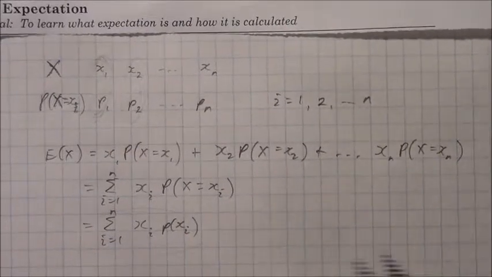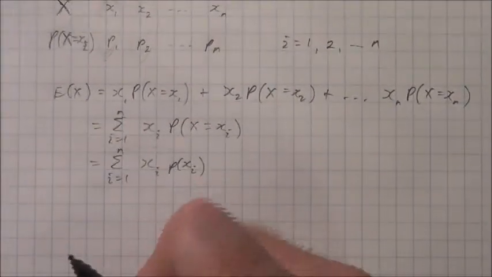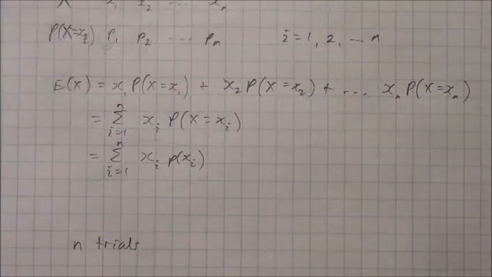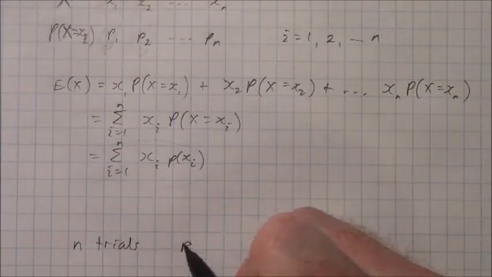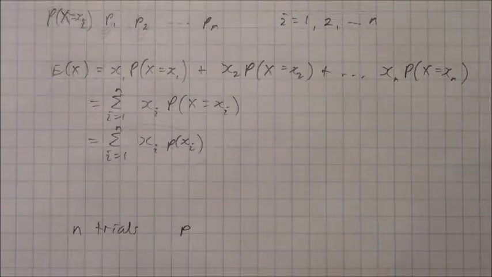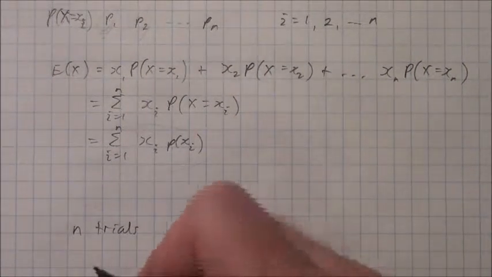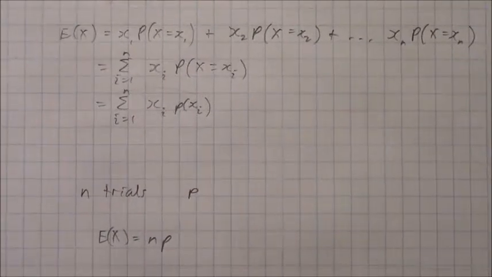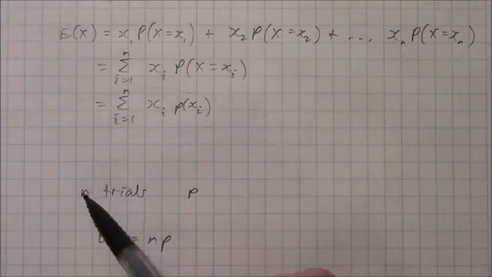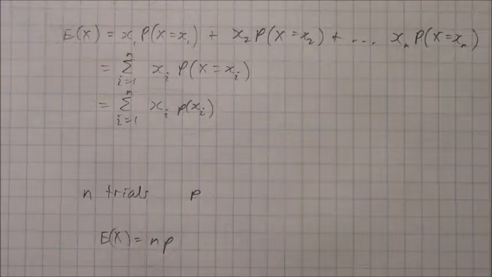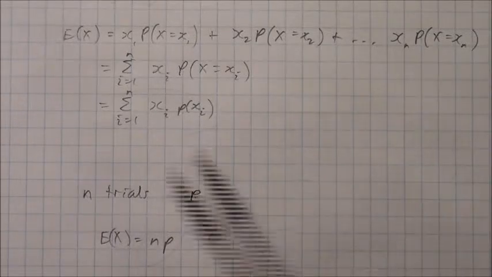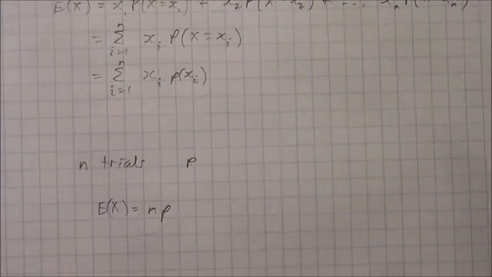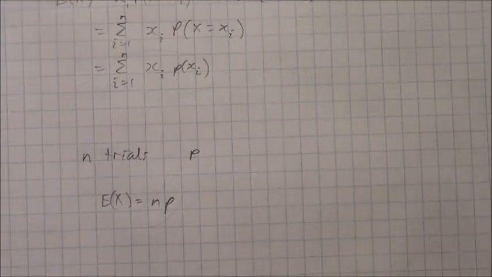So suppose we have n trials of some experiment, and the outcome has some sort of probability p. Then the expected outcome is just np. Okay, so we just have to multiply the number of trials by the probability, and that will be the expected outcome. A lot of times expectation gets associated with games, so like games of chance, etc., which are perhaps illegal in our school system, but